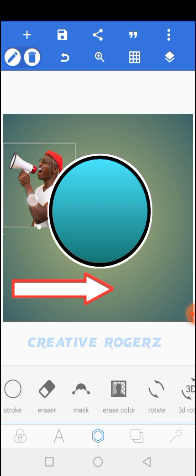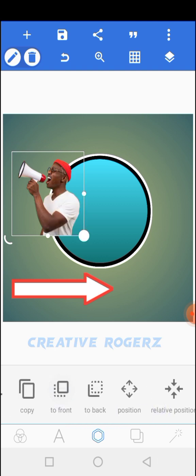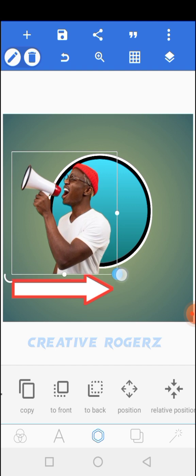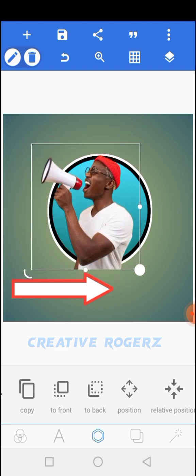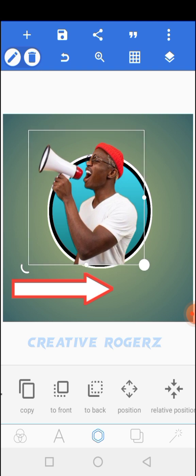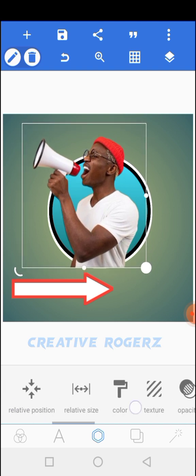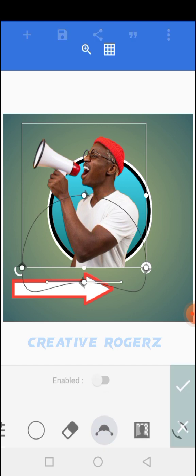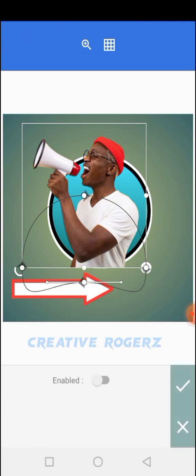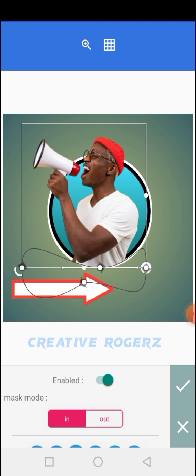Let's just make it fun. So let's send this one to front. Then let's adjust the size by holding here and dragging. So let's create something interesting here. Now go to mask, enable. So you hold these points, bring it down. You hold these points, then